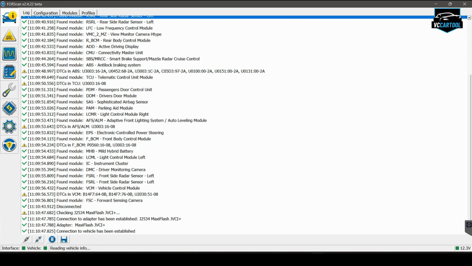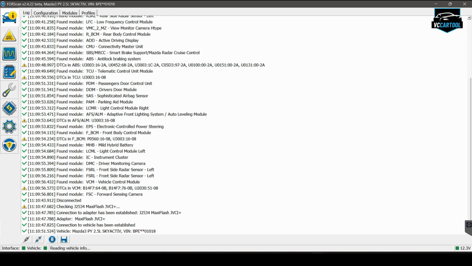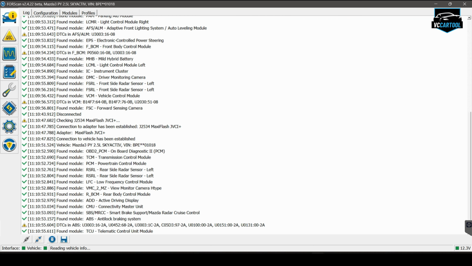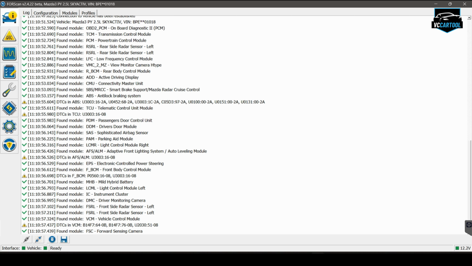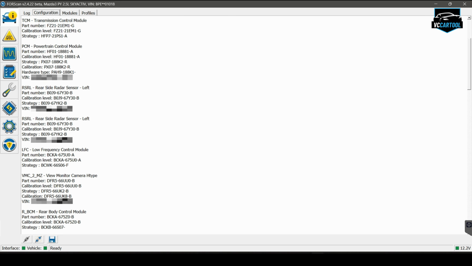ForScan is Ford-specific diagnostic software built specifically for Ford, Lincoln, and Mercury vehicles. It's not a generic OBD2 scanner. It reads the same module-level data that FDRS does, but without the dealer subscription wall. Right here in the configuration screen, you can already see basic module information, vehicle ID, hardware version, software version, pulled